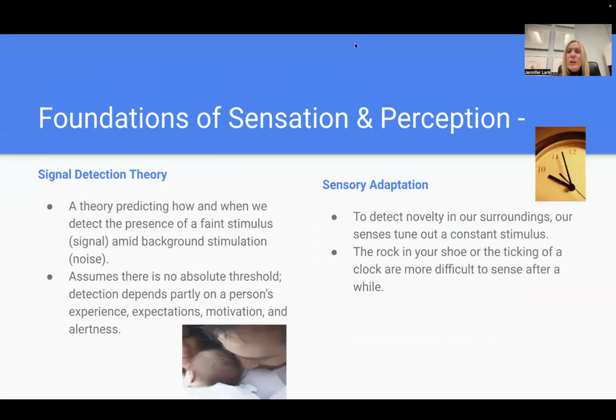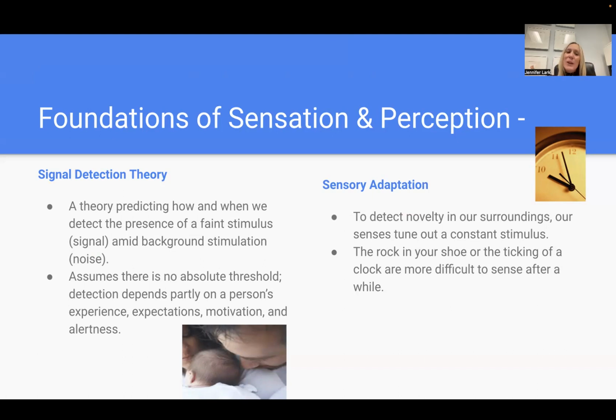Moving forward then, so we just talked about threshold theory. We talked about absolute threshold and we talked about difference threshold. And threshold theory in general can provide us with some helpful information, but kind of an assumption related to that theory is that it just tells us what we're going to pay attention to when there's no other competing stimuli happening in our lives, which is kind of never.